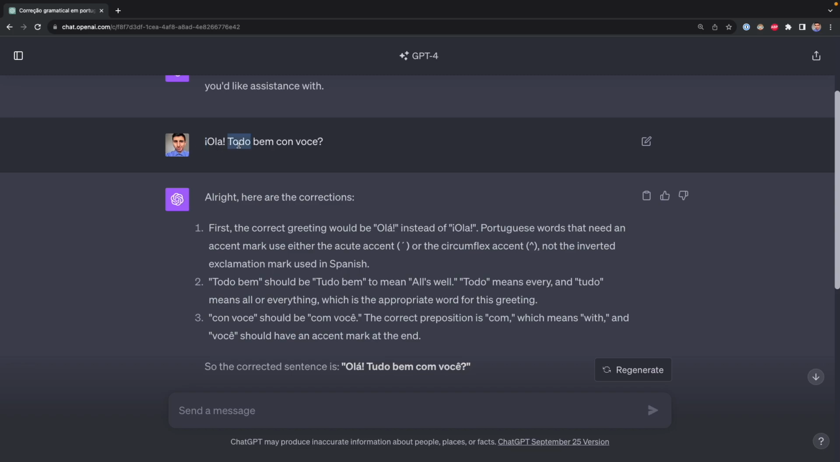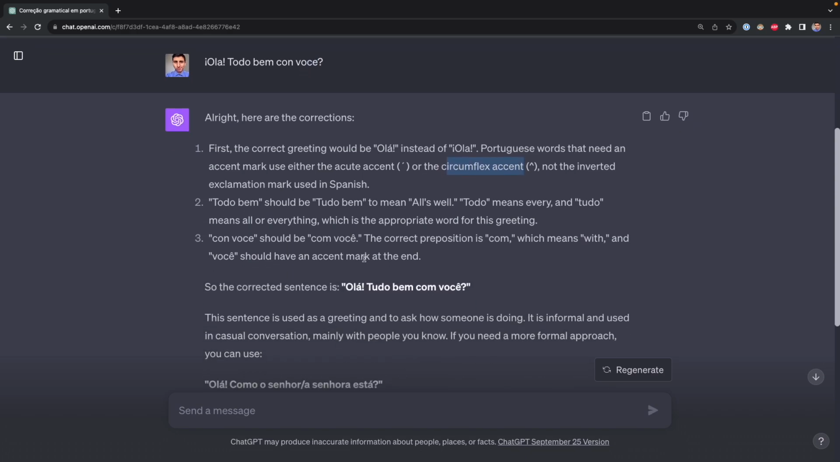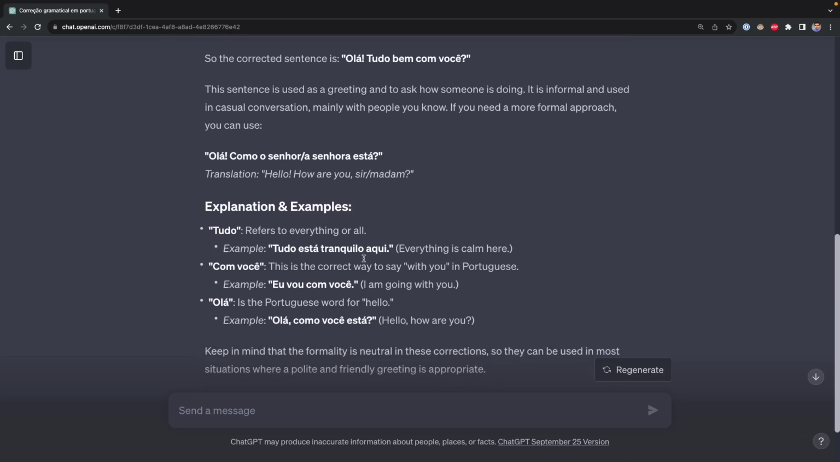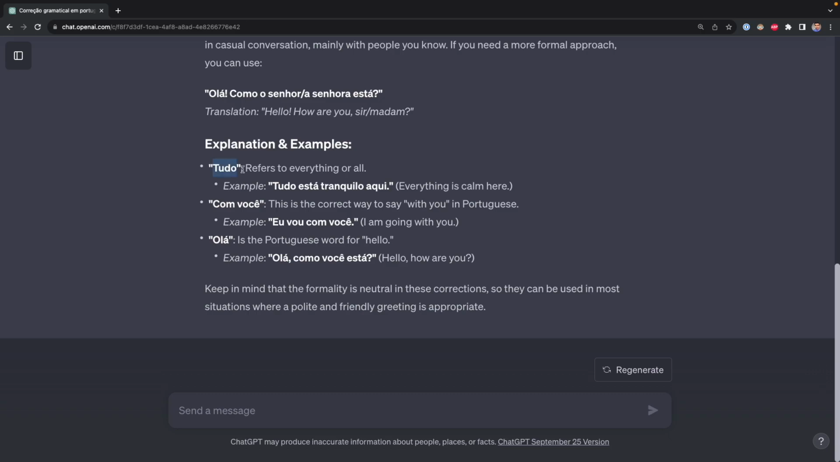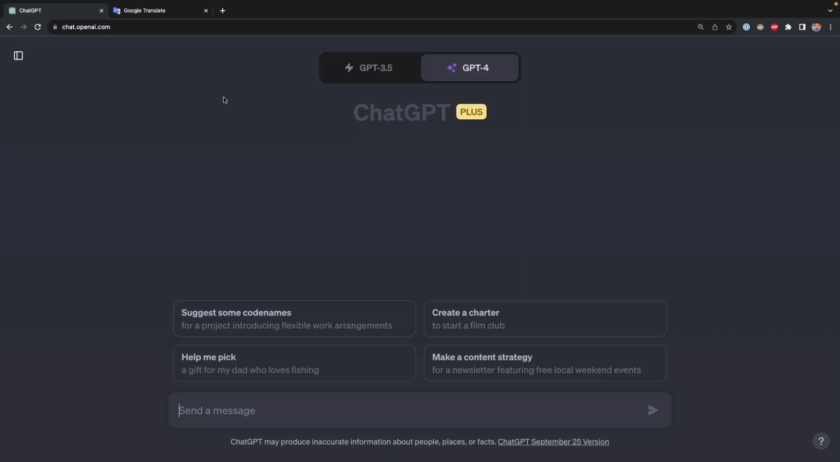Then I said todo instead of tudo, and here, instead of the m, I used the n, and here I missed the circumflex accent. Well, I did all of this on purpose, and as you can see, ChatGPT gave me the feedback and also gave me some examples. All right, now it's time to see a prompt that is going to give us better